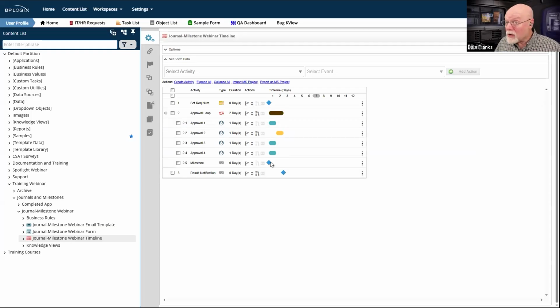And that little square icon is the normal icon in the Gantt chart world for milestones. So that's why we've given them that. And so now I have this notification activity, which has no notifications at all, but it is an activity that I have that I can make dependent.